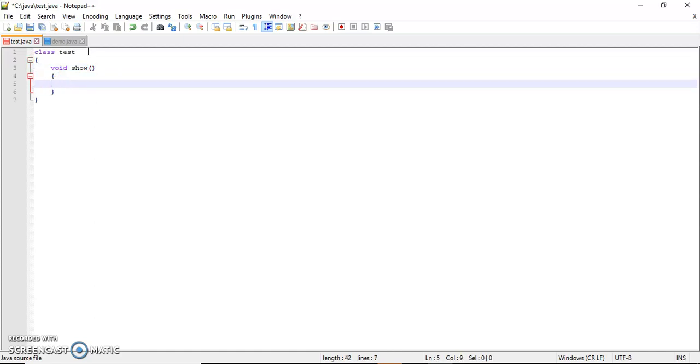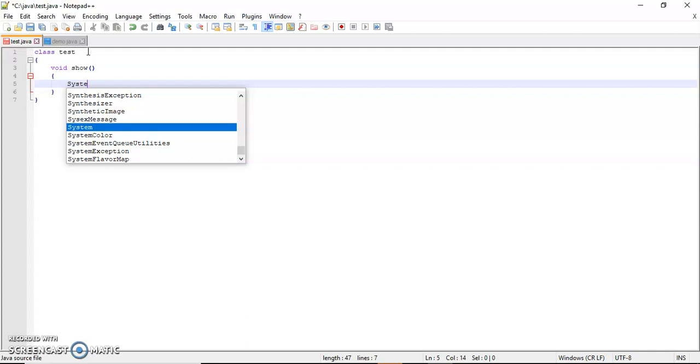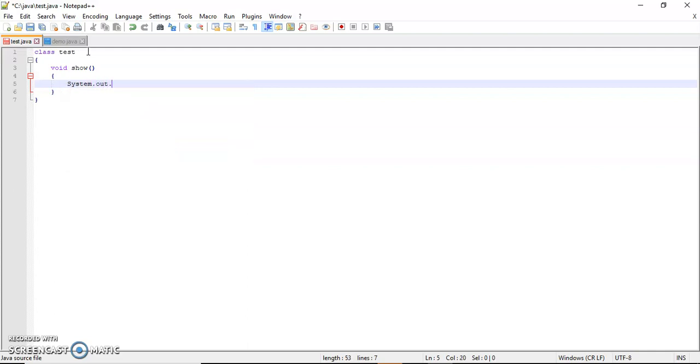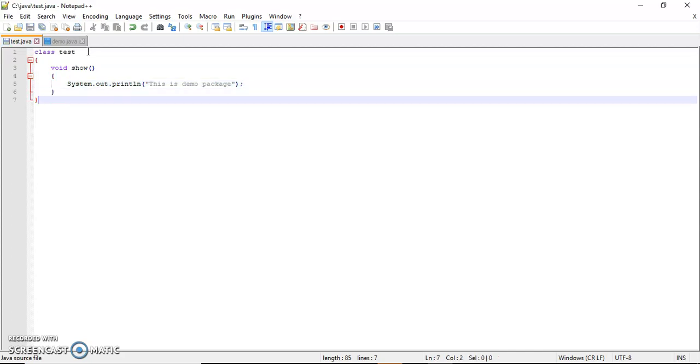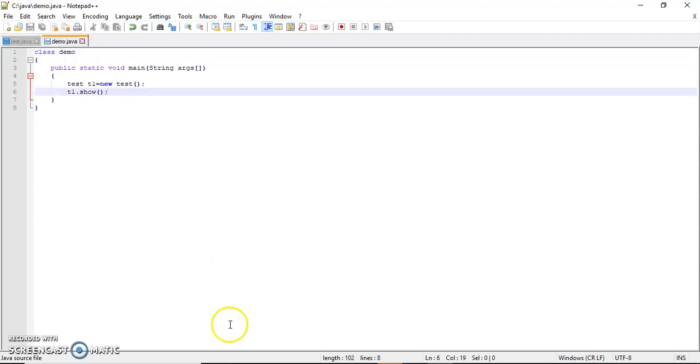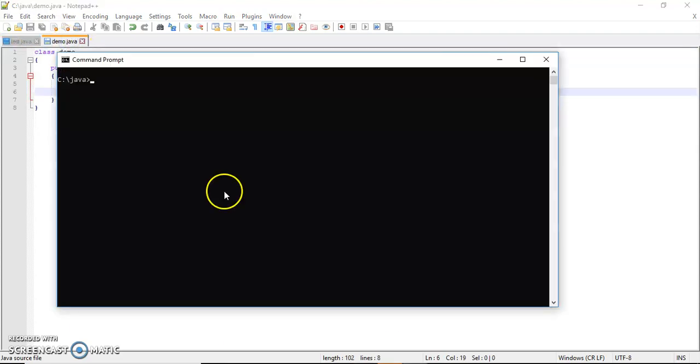Now I write System.out.println, and I write a message: This is demo package. Okay, so I save the program.